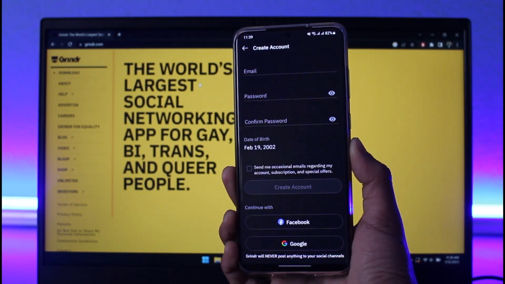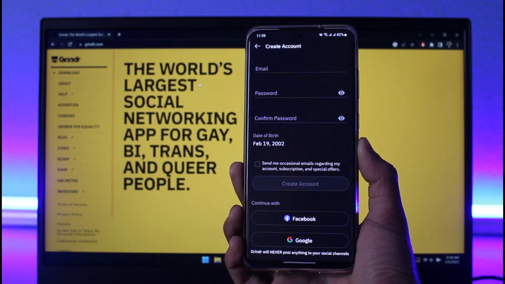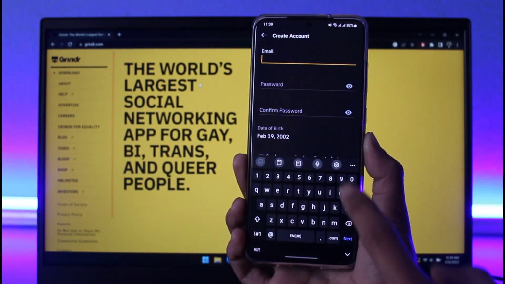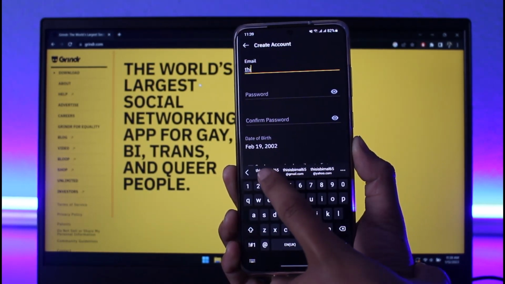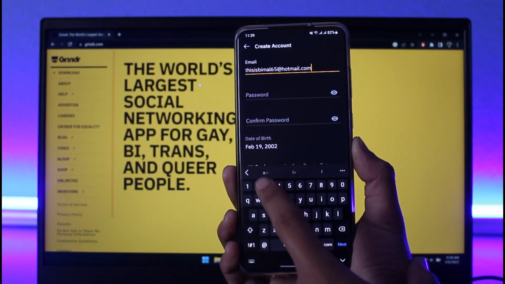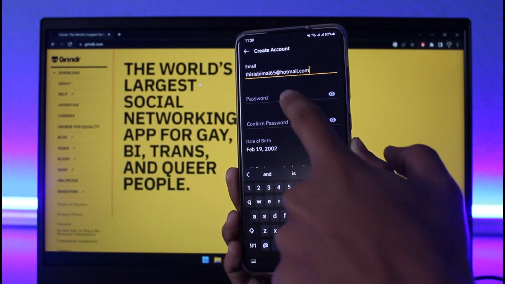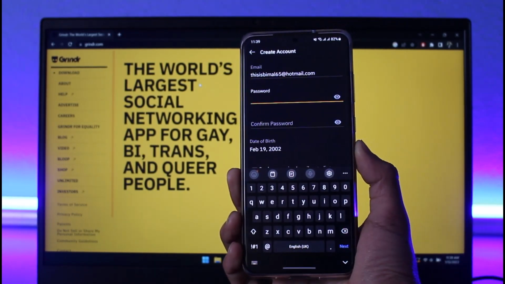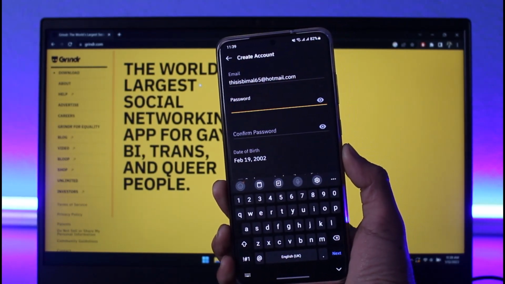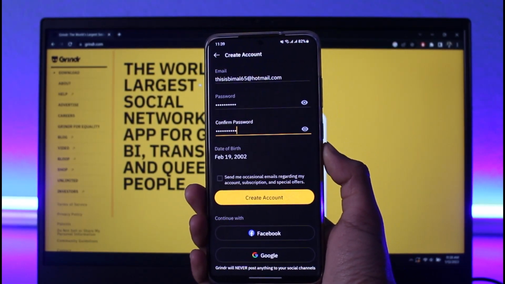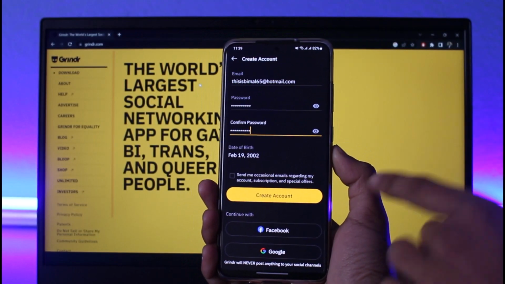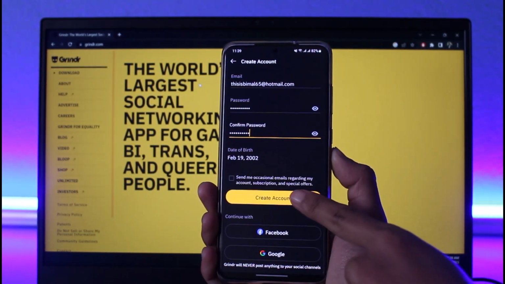It will ask us to create an email as well as a password and then confirm it again. So we're just going to choose the email option, and then I'll choose a dummy email of myself that I don't really use. And once I enter my email address, I'm just going to click on the password option and then choose a password for myself as well. And once I choose an email address as well as a password, make sure you've typed them in correctly. If you want to receive occasional emails, you can do that, but I'm just going to